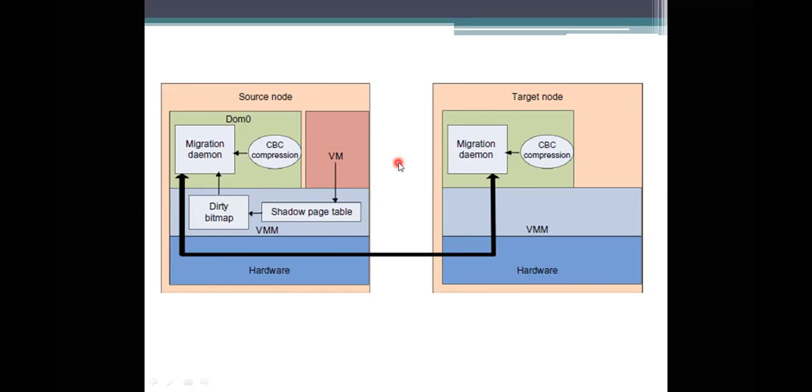What the hypervisor is doing is maintaining a daemon program which is looked after by CBC compression. The CBC compression is an algorithm, a single compression algorithm in which we take all the memory data to achieve the win status, because when you are migrating from here to here, the win status is very low because you need to copy all the things from here to here.